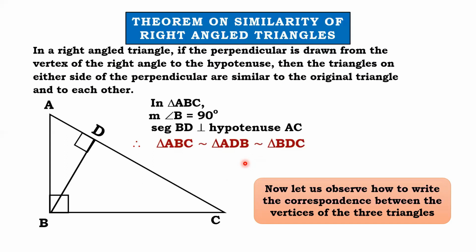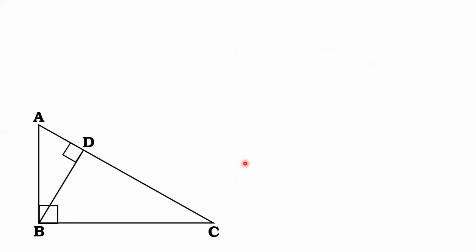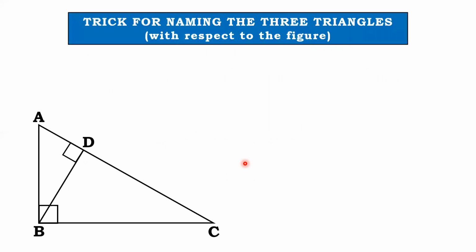Now let us see this one-to-one correspondence. We all know which is the original triangle, okay? On that we have a trick, and this trick is for naming the three triangles. This is the most important trick. Please do use it so that you will not face any problem in naming the triangles, and you will never go wrong at any time. Okay, a very easy trick. So I have jotted down steps. Remember these steps while writing down the names of the triangles.